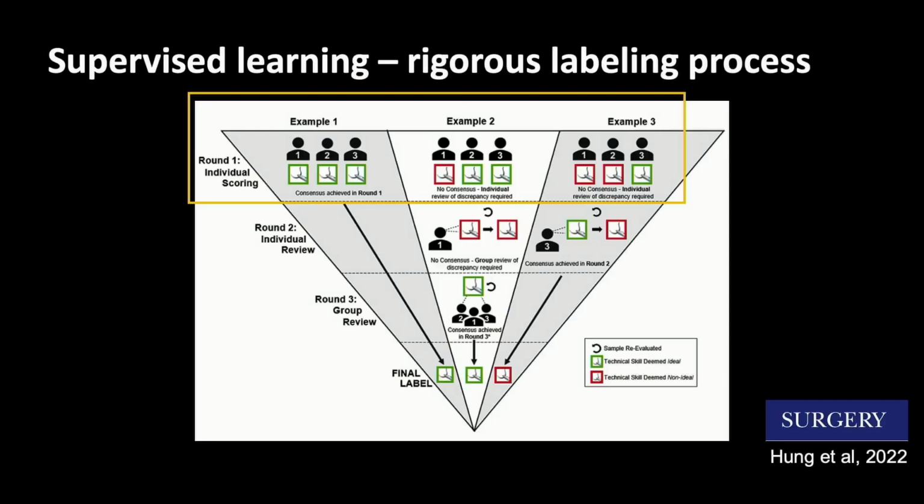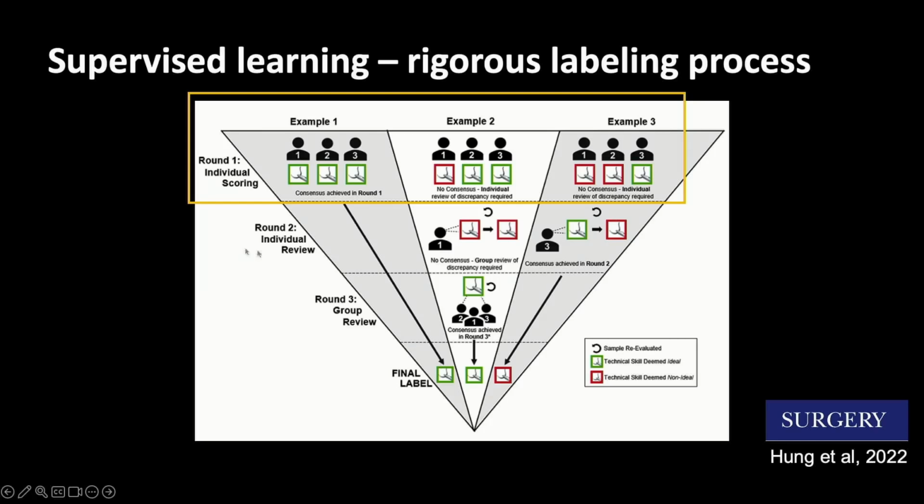And so the quality of assessment is grounded by the clinical science behind it, but the labeling of examples of good suturing or poor suturing also goes through a very rigorous process. We don't want to make any errors. And so for every example, and someone's going to say something about sustainability and so forth, but what we've done is for every clip of suturing that we're assessing for a particular skill, we've had 3 evaluators look at it. And they can actually go through them pretty quickly.